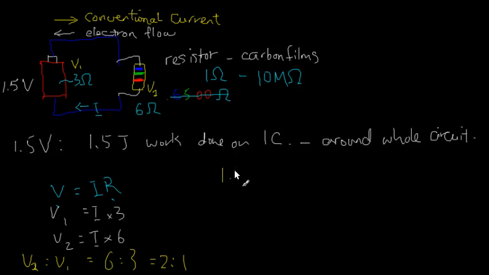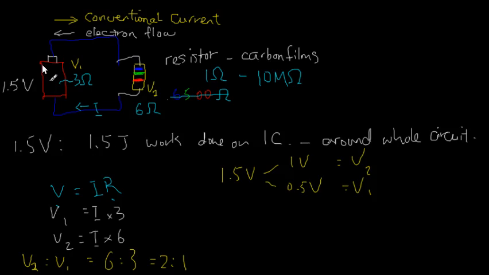Alright, because if you take 1.5 volts and split it up into 1 volt and 0.5 volt, then this ratio is 2 to 1. That's the ratio. So this is the V2 over the resistor outside, and that's the V1 over the resistance inside. What this means is that 1 volt over here means that if 1 coulomb goes around